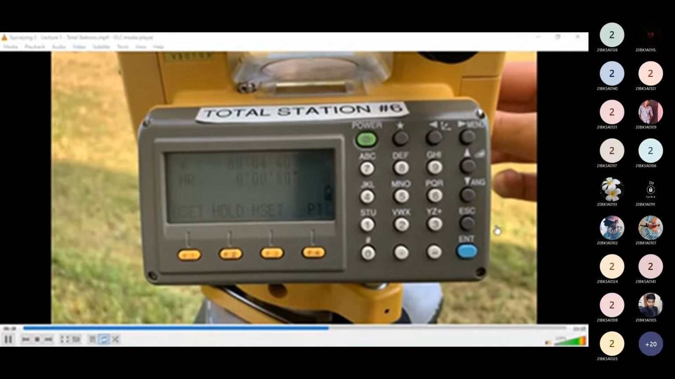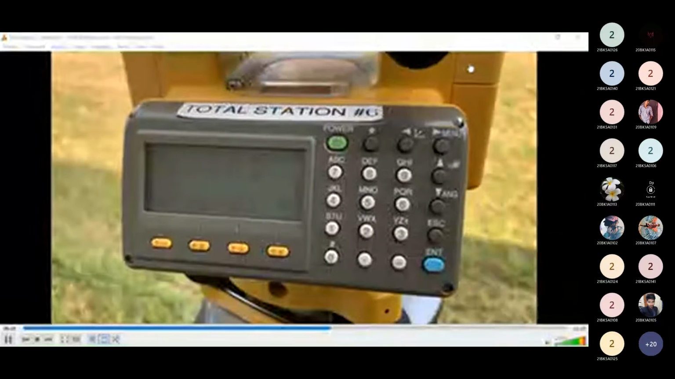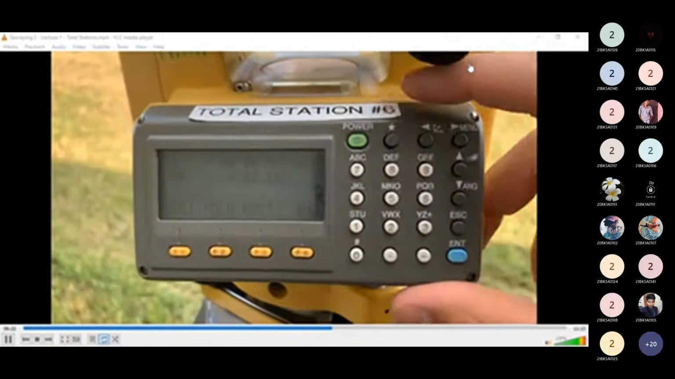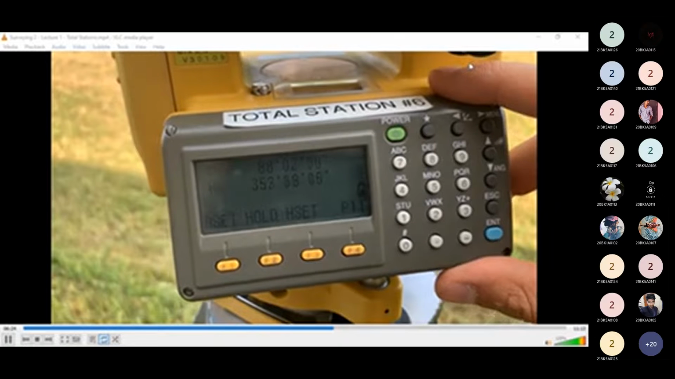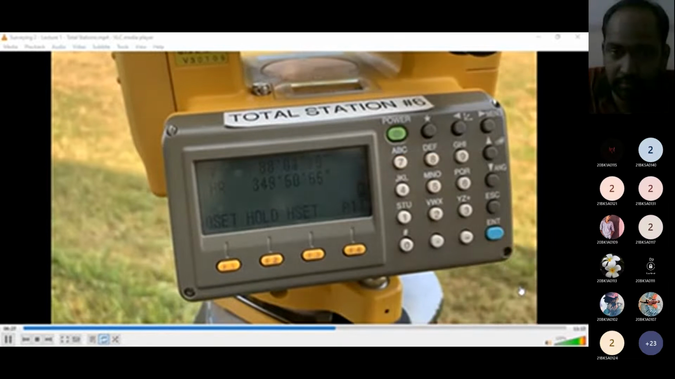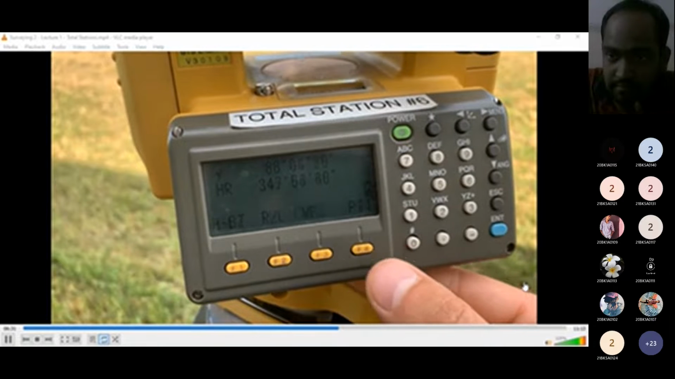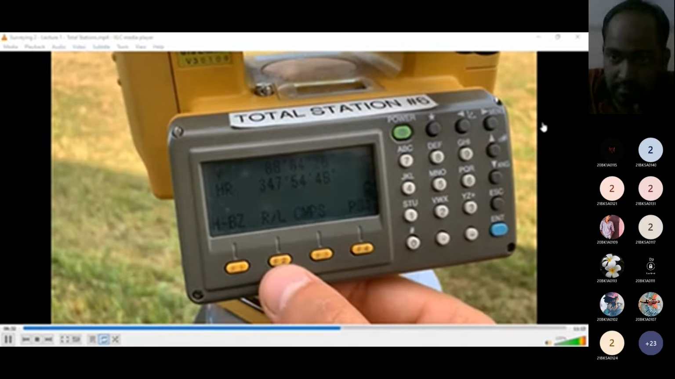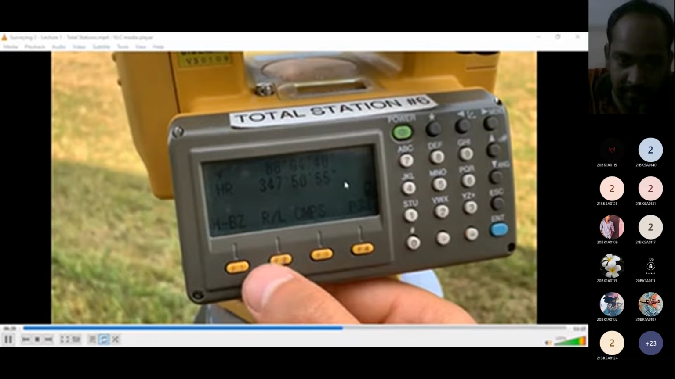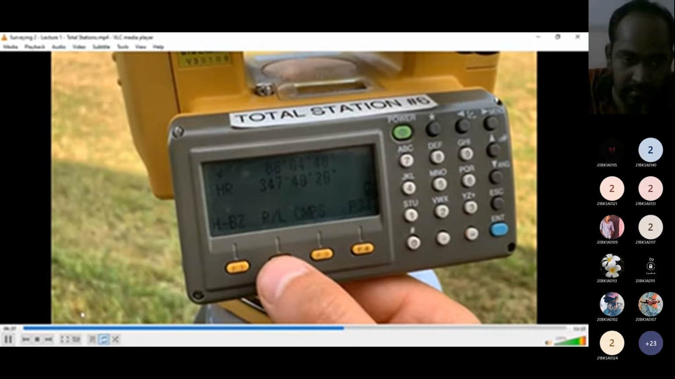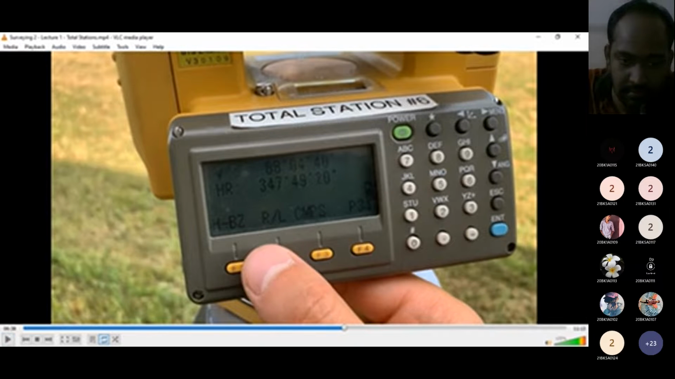For one example, if we rotate our total station clockwise, our horizontal rotation counts up. And if we rotate counterclockwise, it starts at 360 degrees and counts down. We may want to change that to the opposite rotation. So if we push F4 2 times, we get to level P3, and we can push F2 to change that rotation